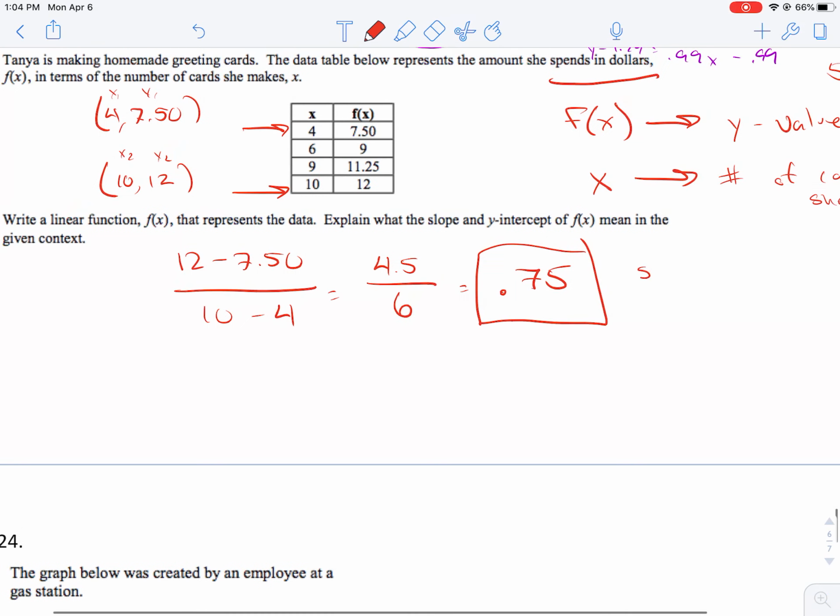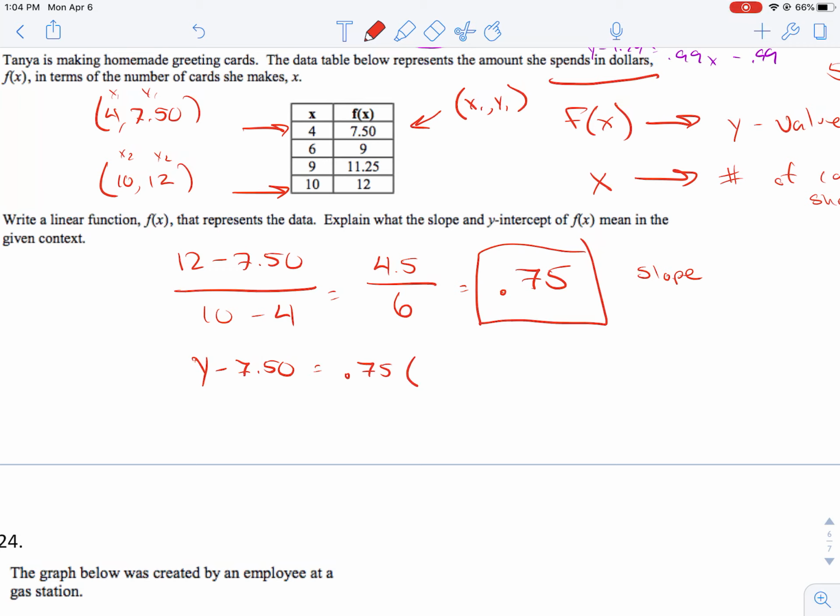4.5 over 6, and you get a slope of 0.75. All right, so here's our slope. Now to come up with the rest of our equation, we just got to steal one of these points. So I'm going to steal this one right here. So this will be our x1, y1, right? So we're going to go